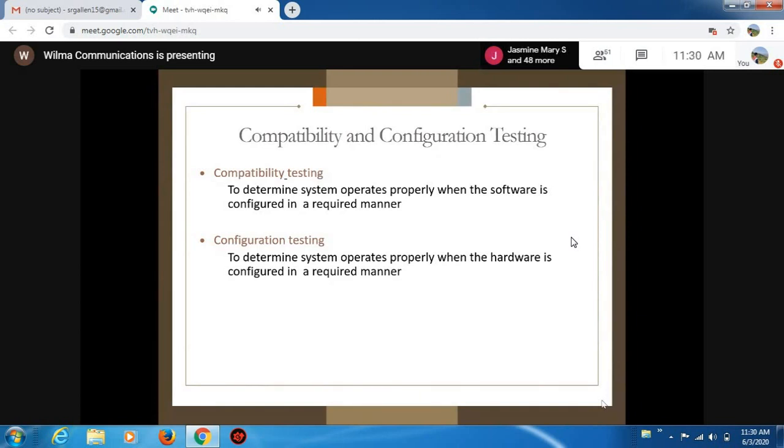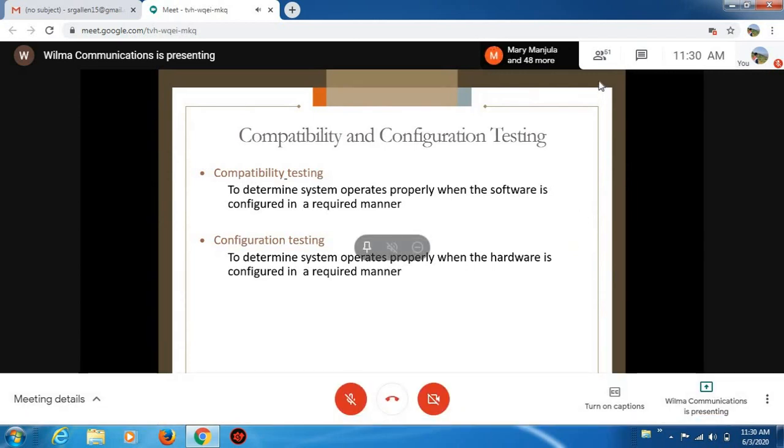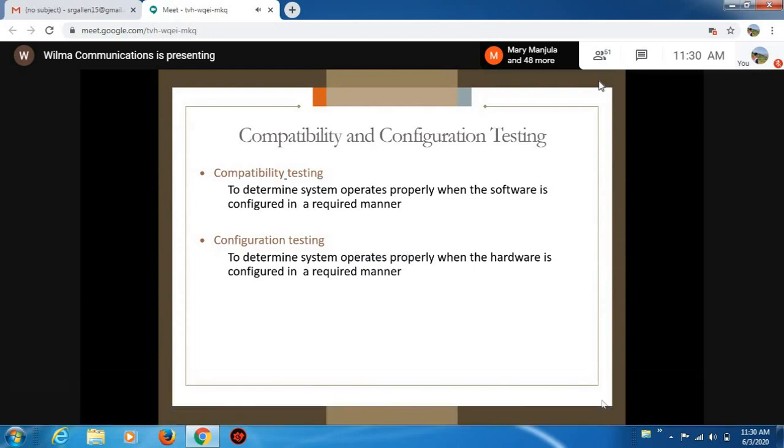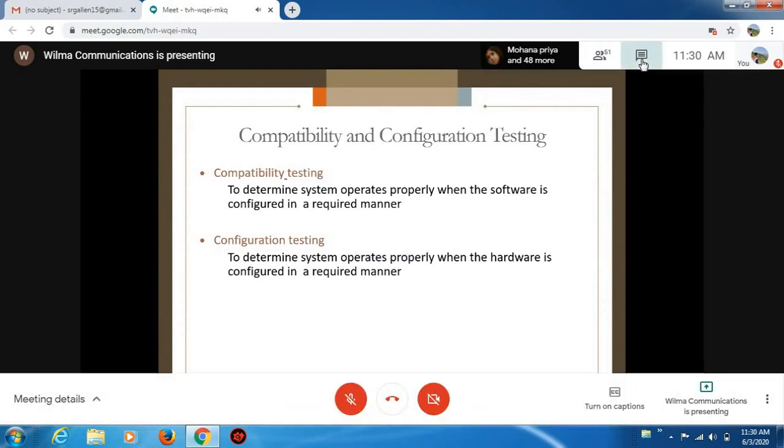Compatibility testing, for example, covers operating systems and browsers. Say I have developed a product, and when I run it, it works smoothly in Internet Explorer. Let me change my browser. Instead of Internet Explorer, I can try Mozilla Firefox, Chrome, and Microsoft Edge to make sure how compatible my product is with different software.